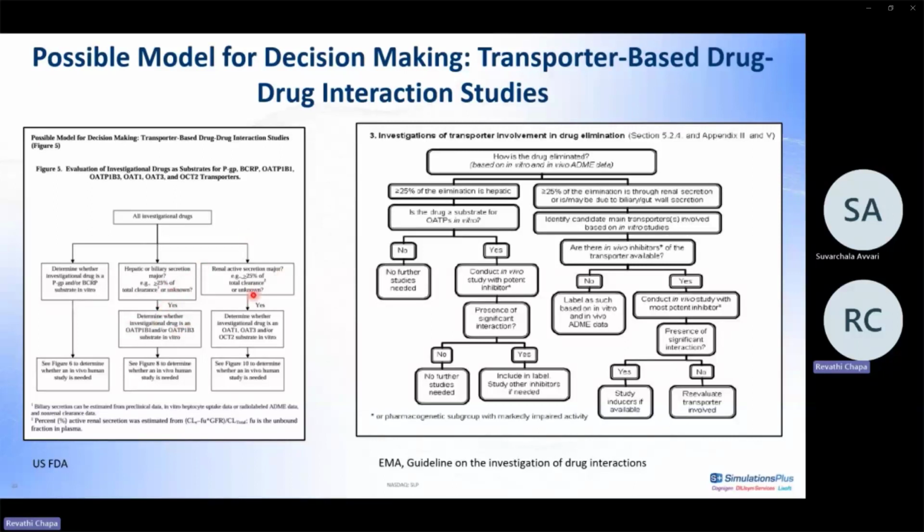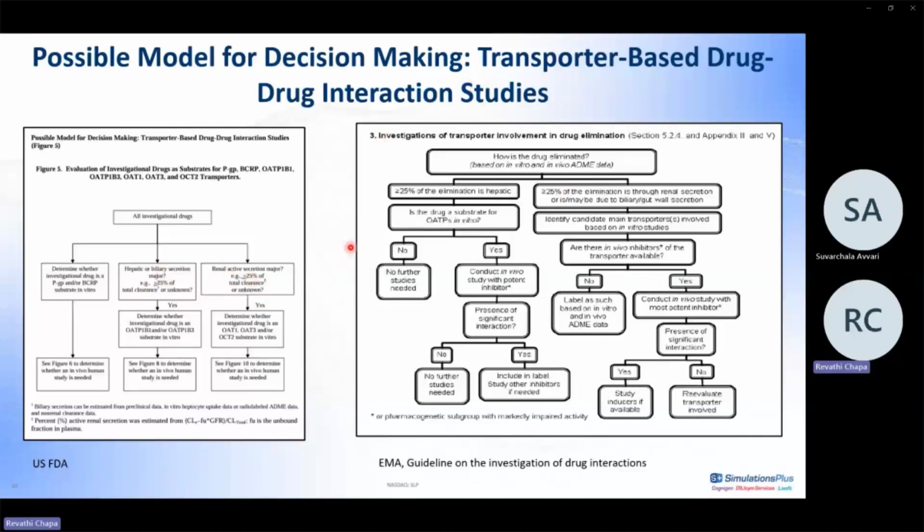And then if the renal clearance is more than 25% of total clearance, and this information, renal clearance greater than 25%, can be obtained if the majority of the compound is excreted renally, then we need to screen for these transporters. So ideally, a mass balance study gives you what the major elimination pathways are, and it helps us to give certain direction, whether it is hepatic disposition that is predominant or renal secretion that is predominant.